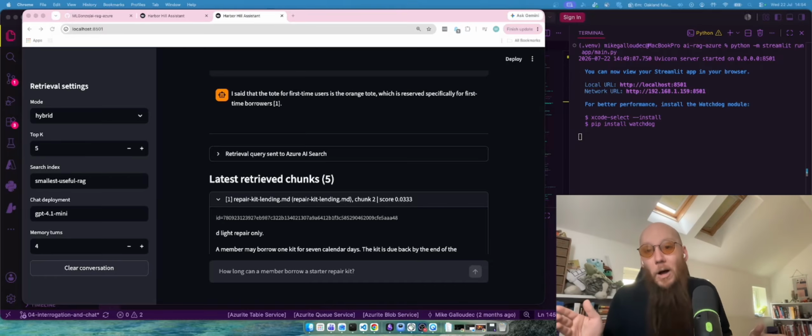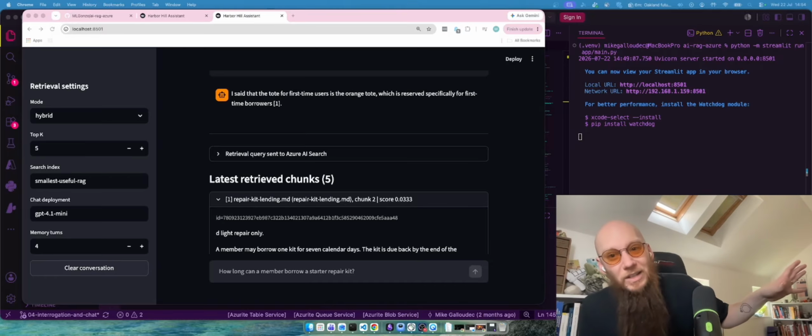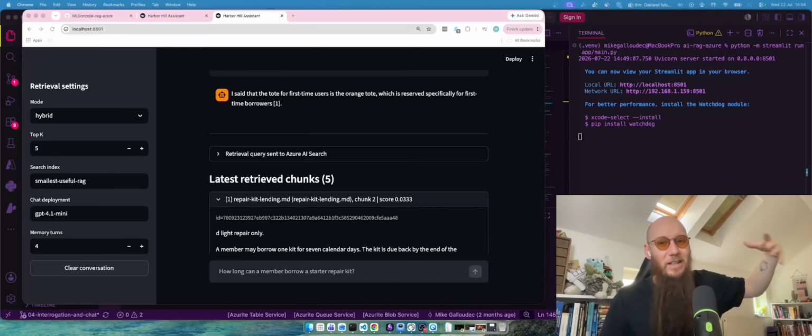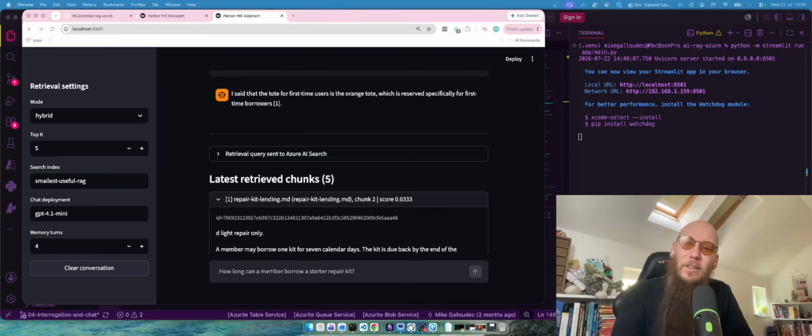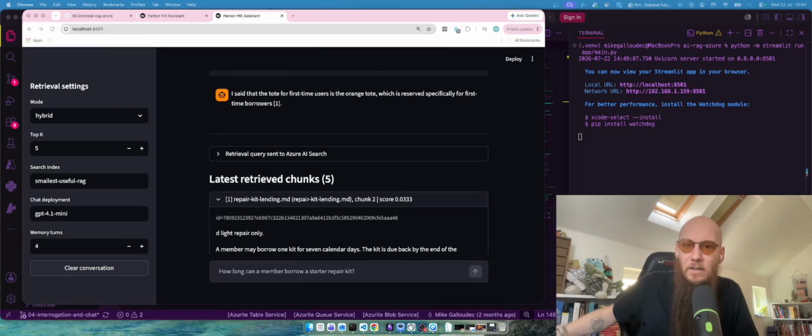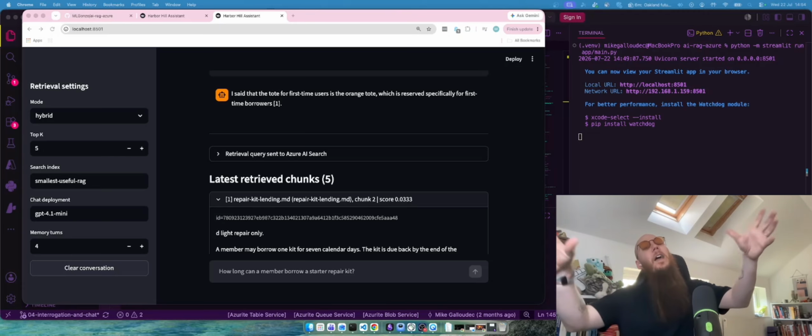Equally, we're not using RBAC, we're using keys. You shouldn't be using keys in a production environment unless you really, really have to, because it's nice not to be using API keys because they can be stolen and then people can get your services for free. All that garbage that you just don't want to deal with. You should be using RBAC instead. Like I say though, this does give you a good starting point,